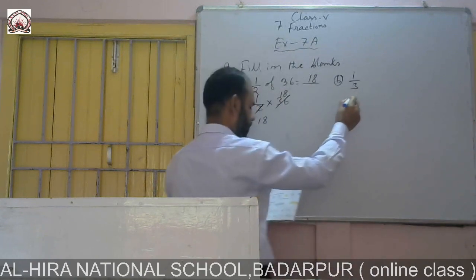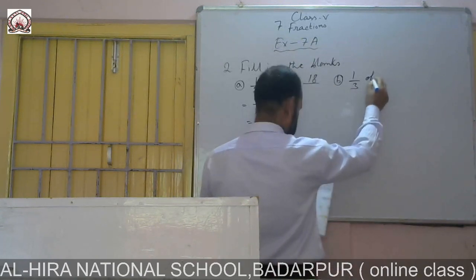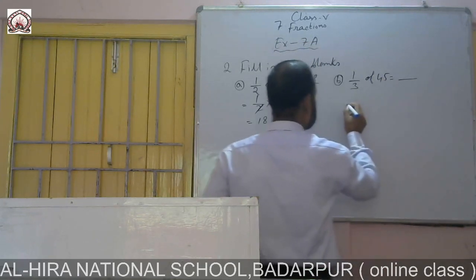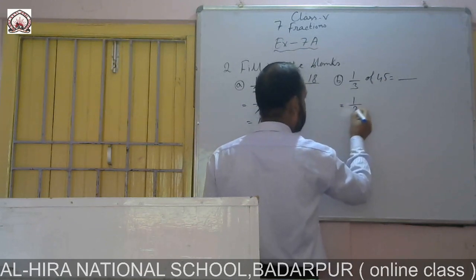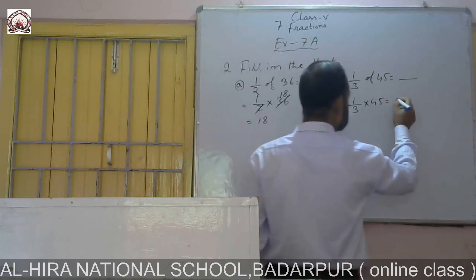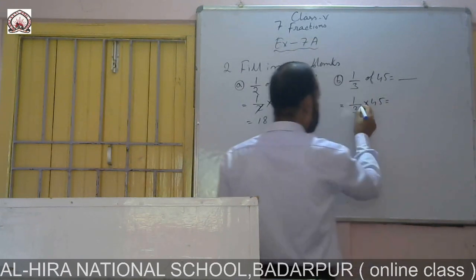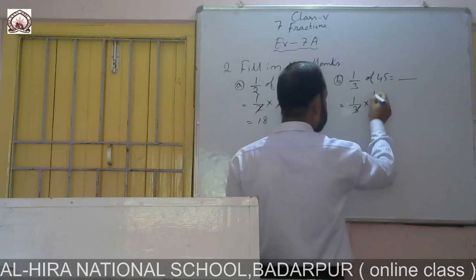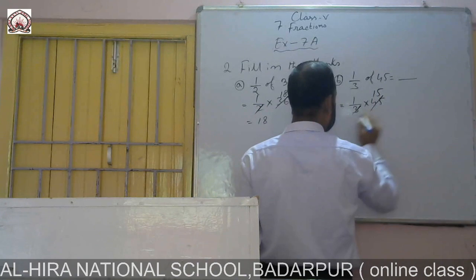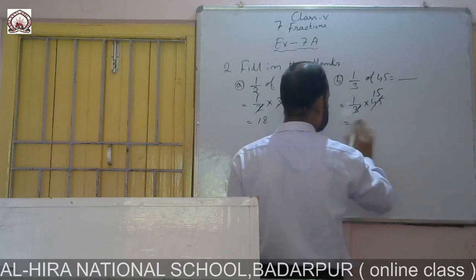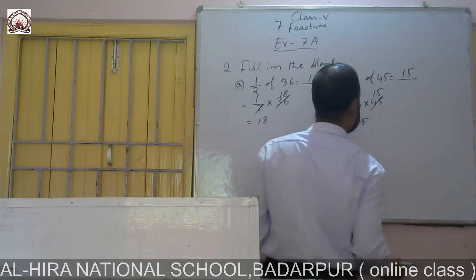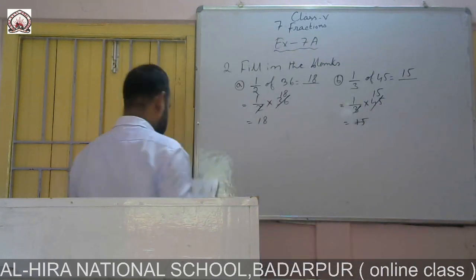1/3 of 45 equal to dash. So 1/3 into 45 equal to, cut 3. 3 1s are 3, 3 15s are 45. So the answer is 15. Next question number C,